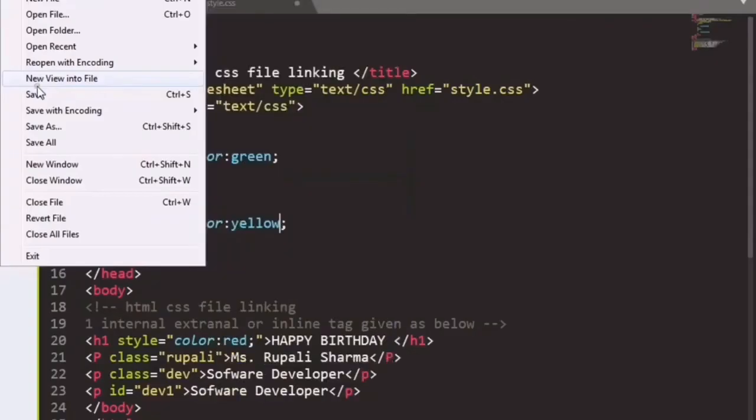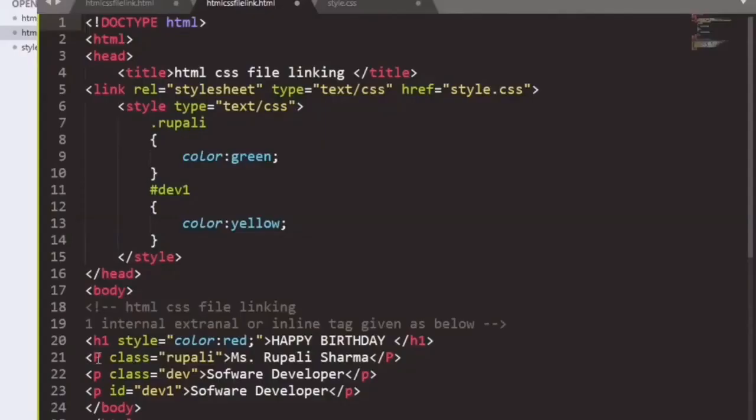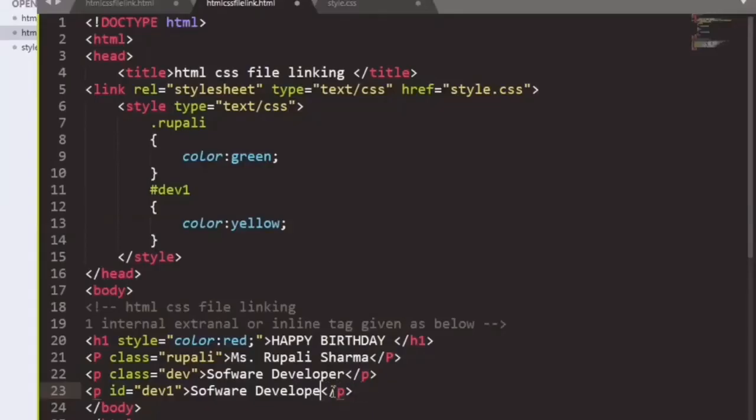Suppose we are changing here like yellow, that is dev1. So after saving, suppose we have printed some other message, that is Suman Tech Solutions.